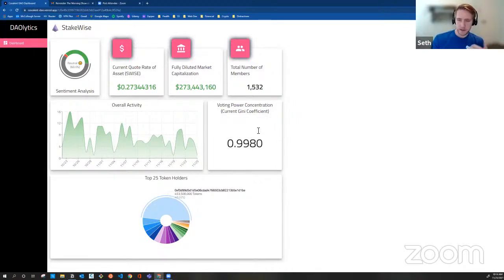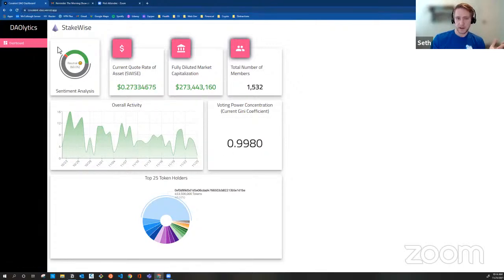And then going in the same vein as that, we have the top 25 token holders. Right now, we have the treasury in here, you can see, which is about 48%. We plan to remove that, because we also presented this to Gitcoin during the showcase, and Leon from Gitcoin was asking if we included the treasuries, because that can really skew it. So we're going to remove those, and hopefully that number will get a little more balanced out. All of these are pulled from the chain ID up here and then the contract address.